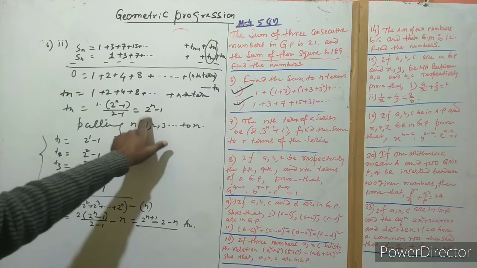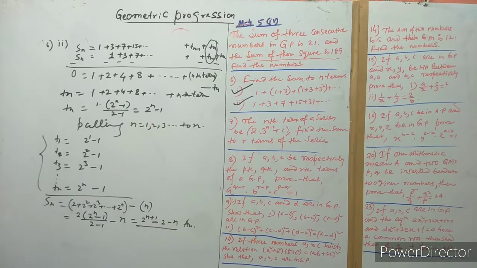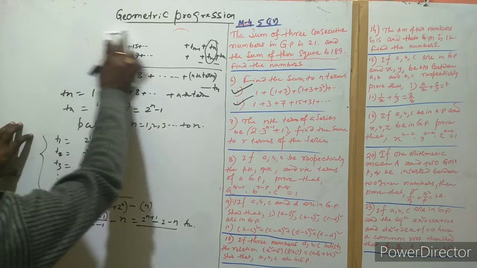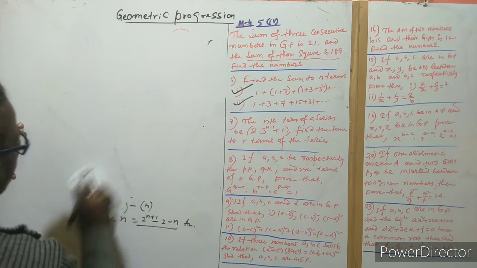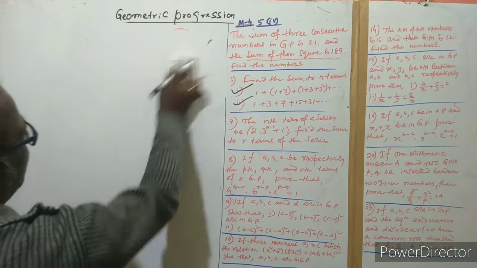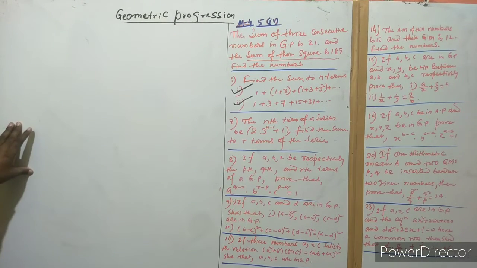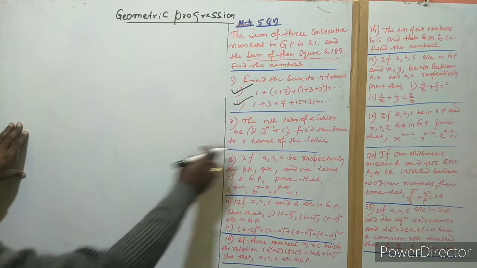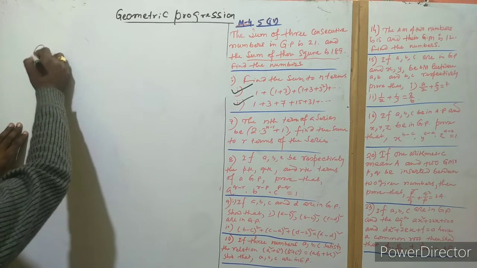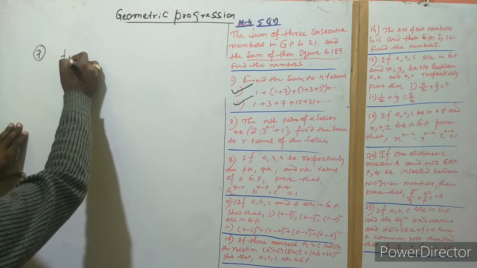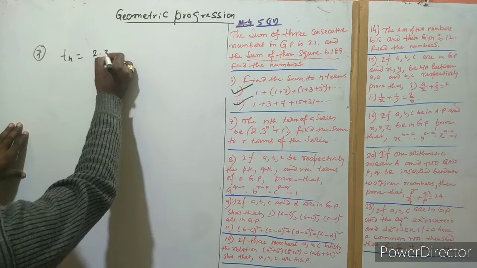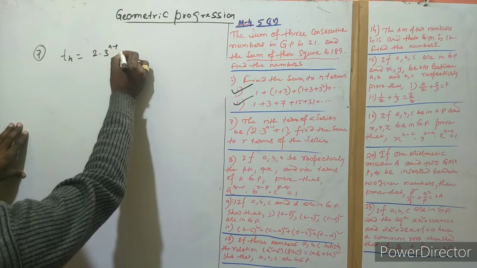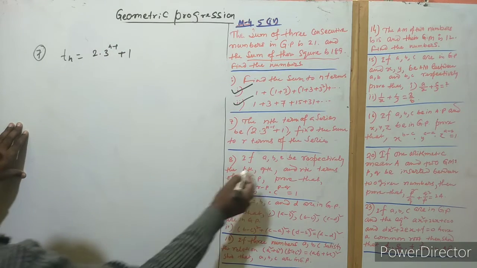We want to follow from this step here. Actually, some students are confused when they see this in the form of that, so that's why we repeat this question again. So here this is the nth term, just like now this is Tn. Nth term means, let us assume this is Tn. This is the nth term, and that is here 2 into 3 to the power n minus 1 plus 1. And now finding the sum of the nth term.